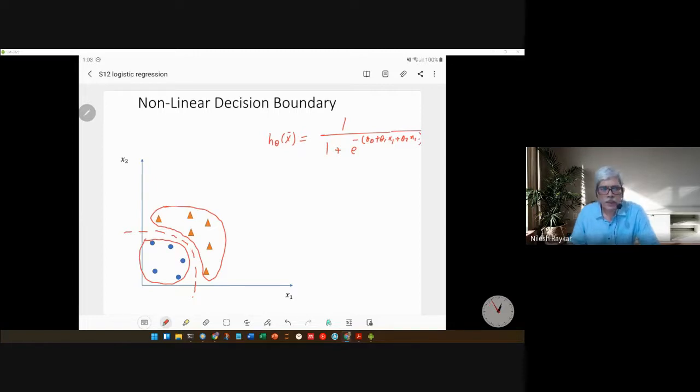This particular trick we have already seen in polynomial regression in the earlier case. In this case, this function is a linear function, but using this linear function with some trick, we can still model a nonlinear decision boundary. So can anybody tell how we do that? If you remember how we did that in polynomial regression, you will remember it.